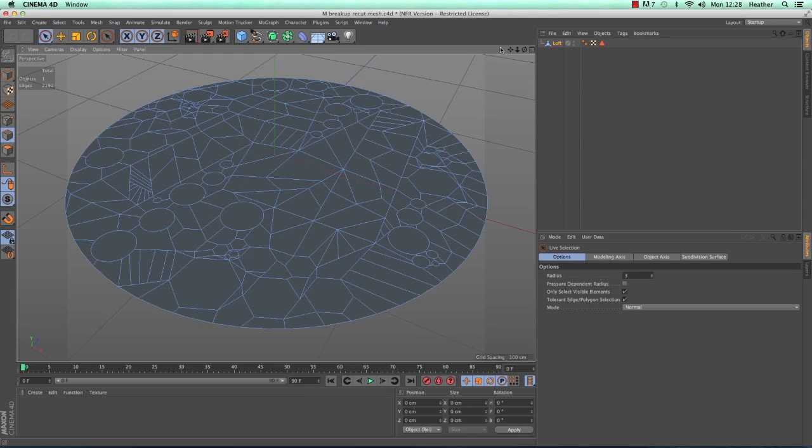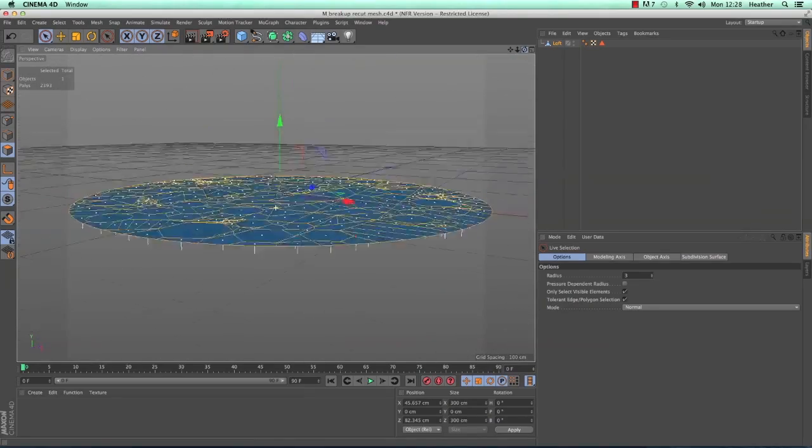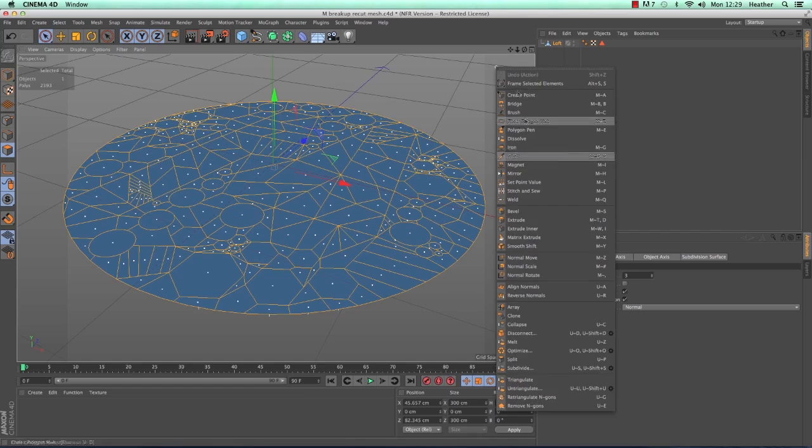The first thing I want to do is make sure that all the normals are facing in the right direction. So I'm going to go to polygon mode and again select all, and I can see that these aren't the right way round at the minute because the top is displaying as blue. This is showing me that this is the back face of the polygon. So I'm just going to reverse that. Right click anywhere in the free space, and you've got reverse normals there.